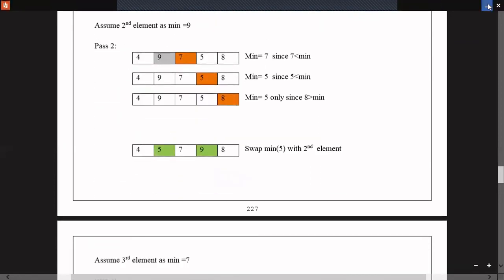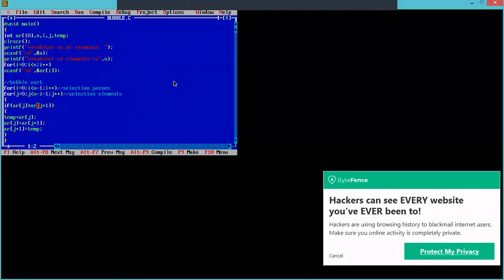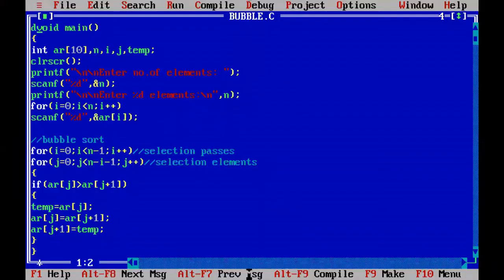Go to the program. We are going to modify the earlier program only. Here also we require a set of elements, and the number of elements is represented with n. One for loop uses i and another for loop uses j, and when swapping, we will use a temporary variable. Ask the user for the n value. Whenever the user enters n as 5, ask them to enter 5 elements and capture those 5 elements with this for loop and scanf. So by this time, the array of elements is ready.